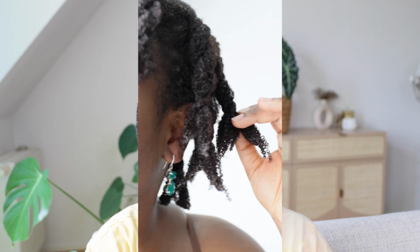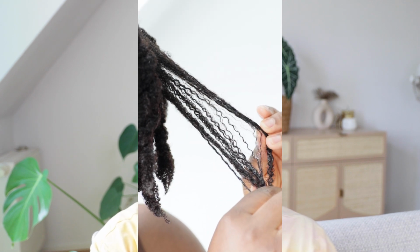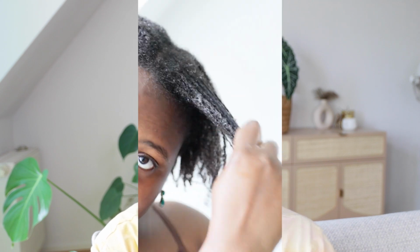I always tell you, even some used to make fun of me because I wasn't raking my hair when popular methods came along. I was like, you can rake your hair all day, but I just do what I know is working for my hair, and this is the smoothing only. If I rake my